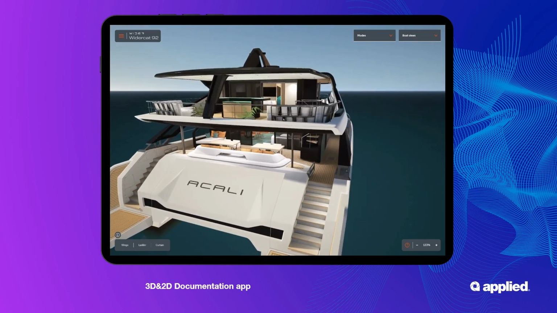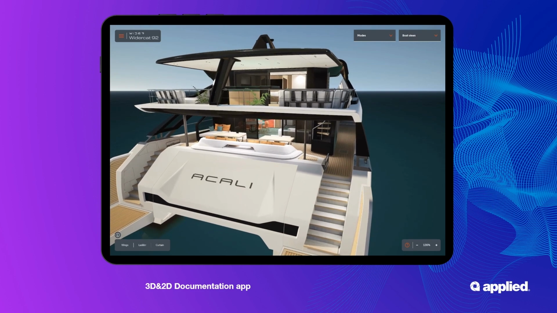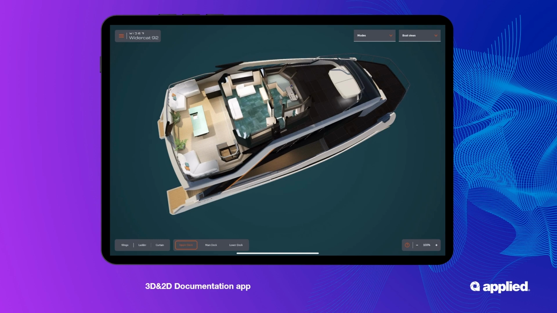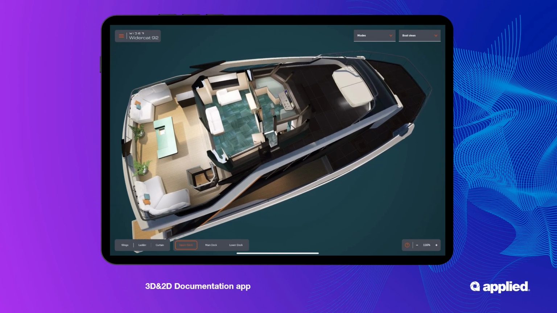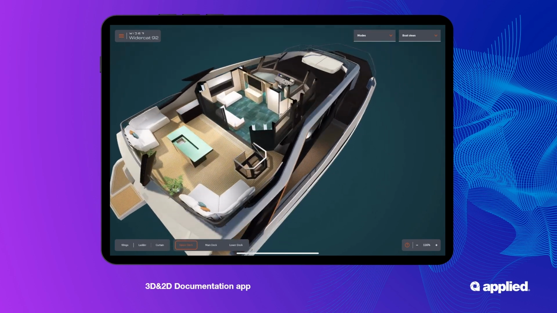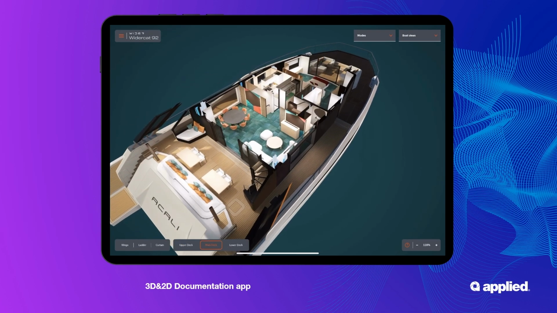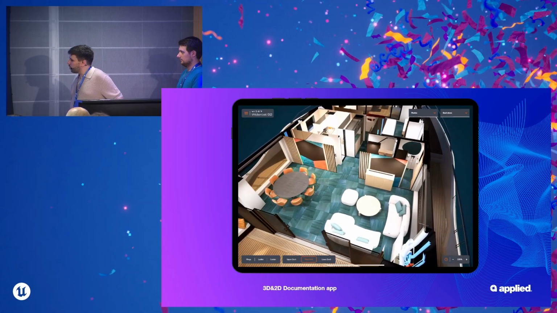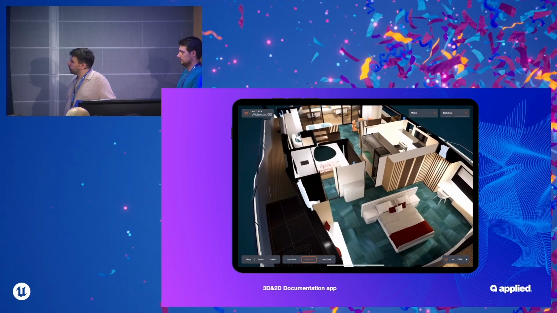This one is the classic exteriors. And the most interesting one is right now,